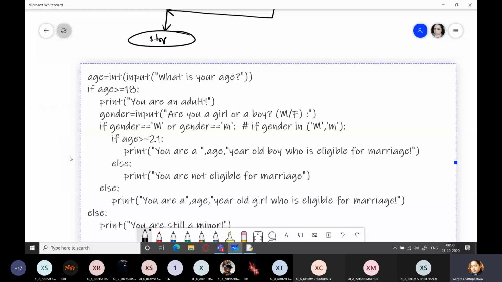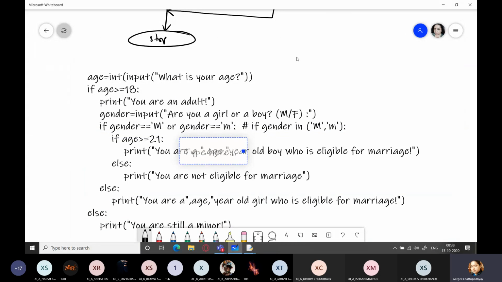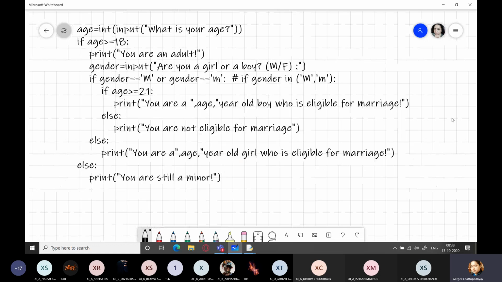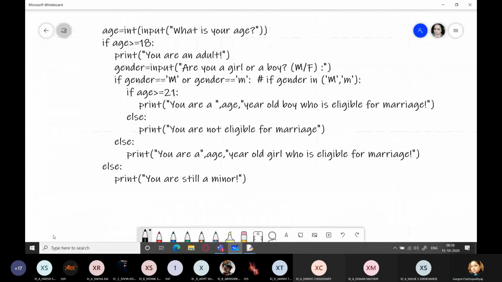Now, take a look at this program very carefully and try to understand the various parts within it. We start from the inner if. So you can see over here, this is my inner if. Okay, this is one block. Above that we have this if else block, if with else. In this also, if with else, right? And this is my outer if block. So how many levels of nesting do you see here? There are 2 levels of nesting.